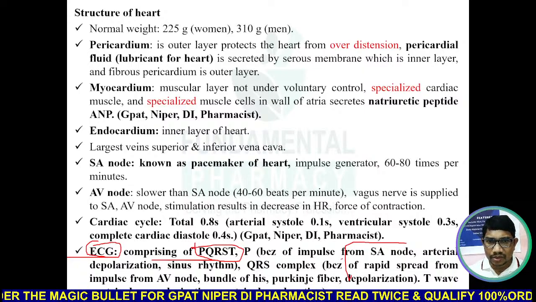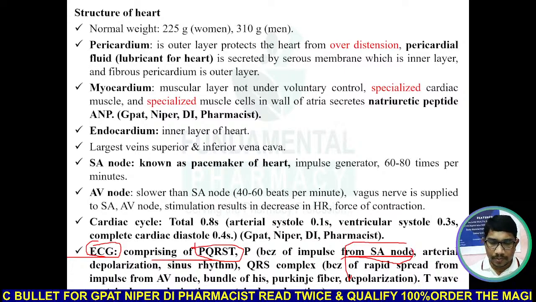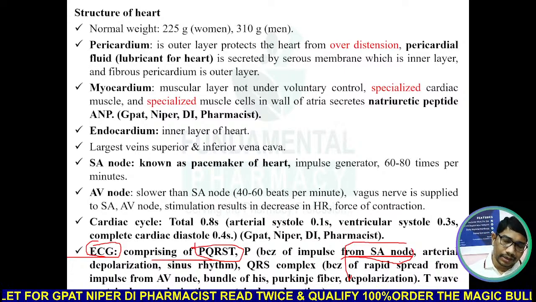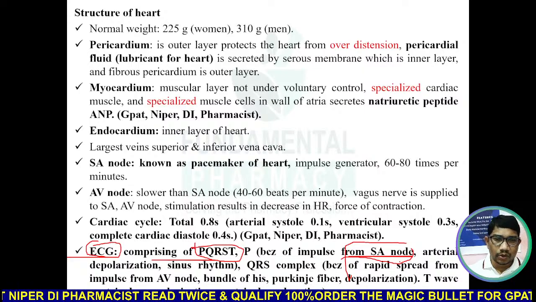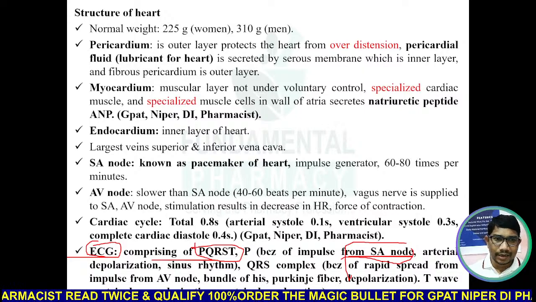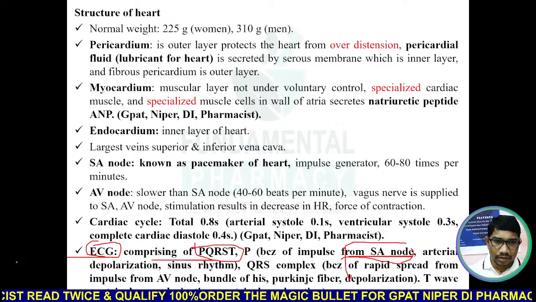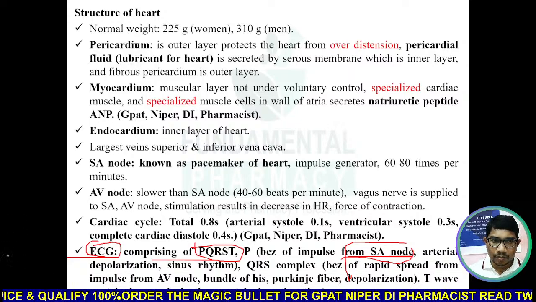P wave means what? P wave is nothing but the atrial systole. आपका atrium contract होता है, auricle contract होता है. That is the P wave. Then the QRS complex